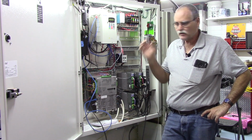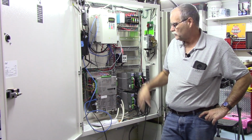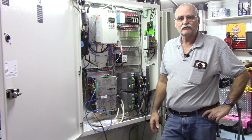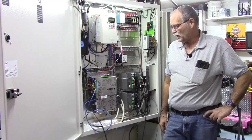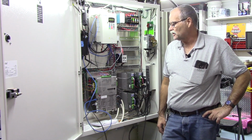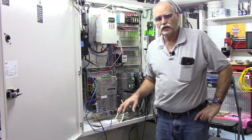As of yesterday, I had a chance to get this thing wired up and basically running, moving for the first time since the conversion, and today I've got it running a program now. I just wanted to share that with you. Let me see if I can zoom you in a little bit and go over a few things